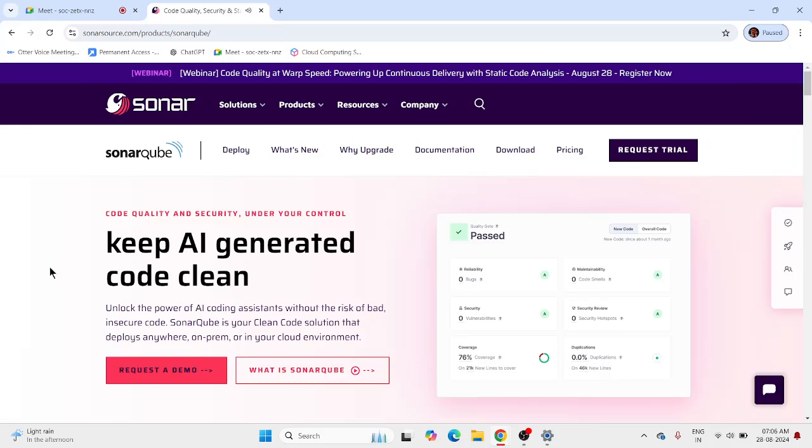So today we'll start about SonarQube. Before telling what SonarQube is and all, let's go back to yesterday and the day before yesterday, what we have done is